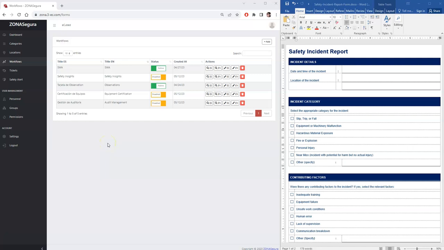In this video, we will look at how you can create new workflows in your account. Workflows are basically the forms that you want your team members to fill upon inspection. So for this video, I will use this